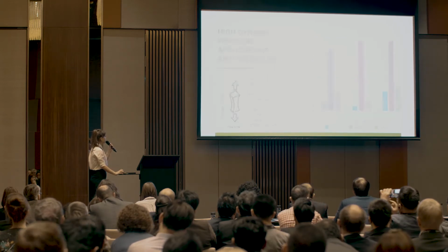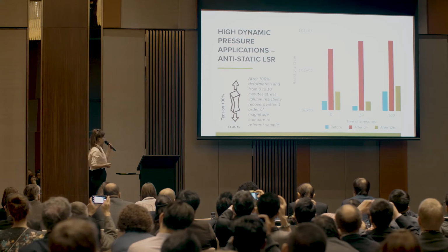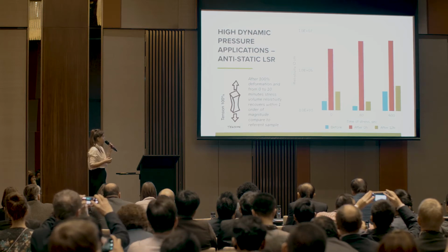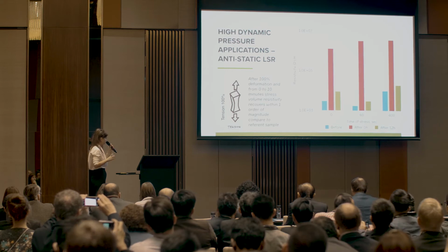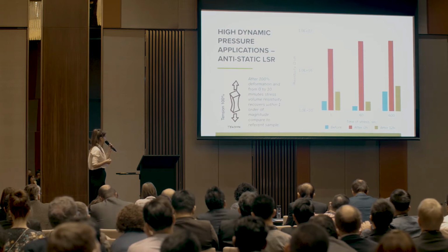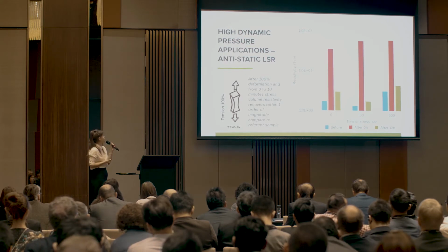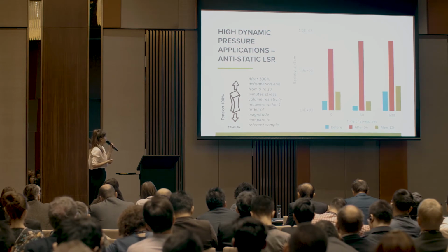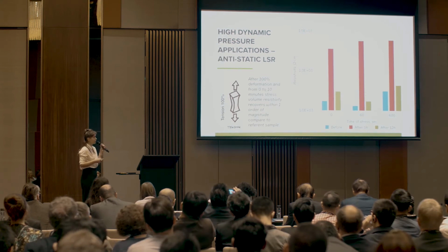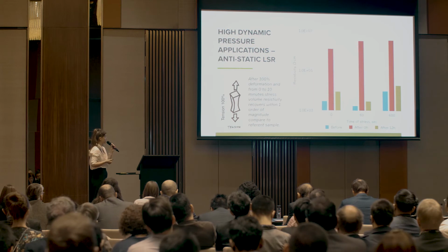So here I would like to present the conductive properties under different dynamic deformations. You can see that the blue line is before deformation. This is particularly LSR with antistatic properties, and how the electrically conductive properties work under different dynamic deformations. Here we're talking about 100% tension. You can see that exactly after tension, of course, the network is quite destructed. You can see an increase of a few orders of magnitude, but because of these elastomers, it was investigated up to almost 12 hours and longer,